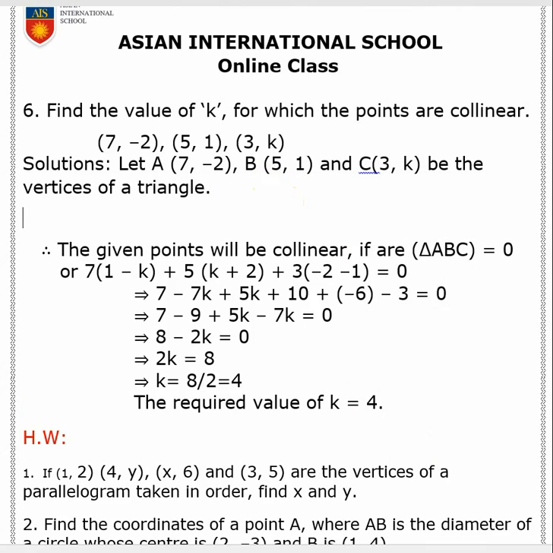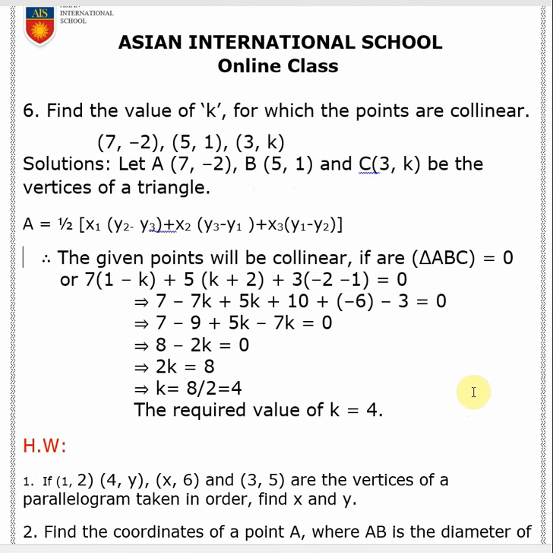Okay, now here all the 3 points are given. So what we will do, we will take all x1 y1, x2 y2, x3 y3 and we will put them in this expression. Now there will be one k put here, you can see there is a k, but it is asking that all these points are collinear. Now think, if the 3 points are collinear, then if we join the 3 points and we try to get a triangle from those 3 points, the area of that triangle must be 0.